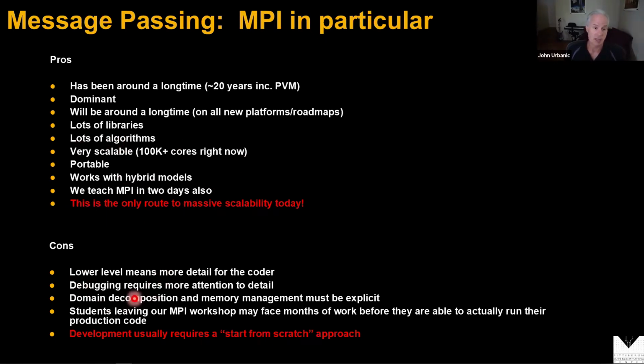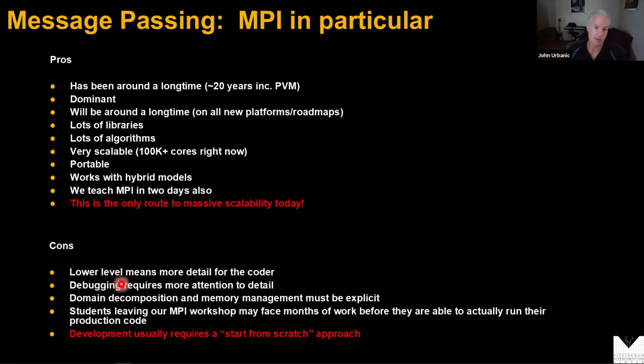Now you're in a position to understand some of the cons that I glossed over. I first threw up this slide very quickly in our intro, but I glossed over the cons because you really weren't in a position to understand the implications. Now you are. The cons of MPI are that we have to worry about low-level details like sending and passing individual messages and chunks of our data structures.